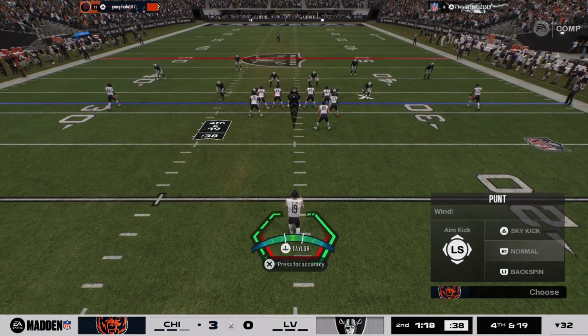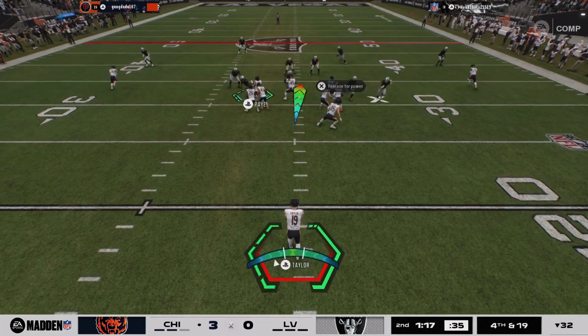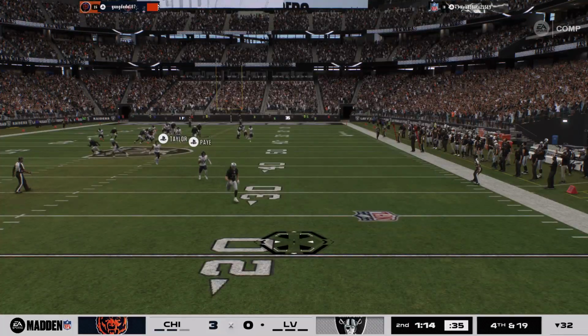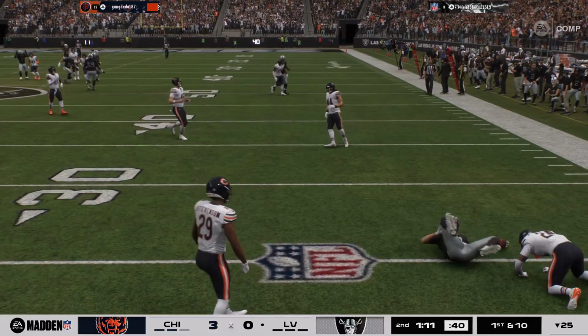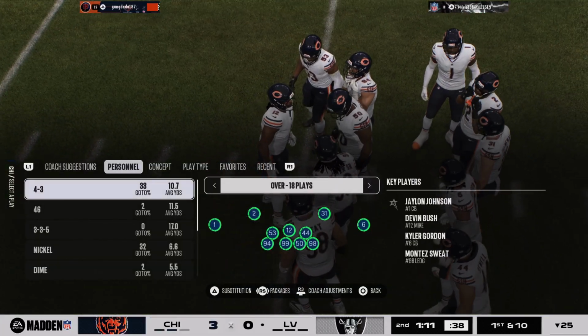On 4th down, it's Torrey Taylor on for the Bears to punt this away. And they could really use a good one here. Starts his return from the 23. And some textbook work covering that punt. It is stopped after almost...